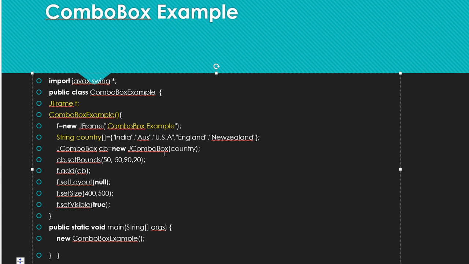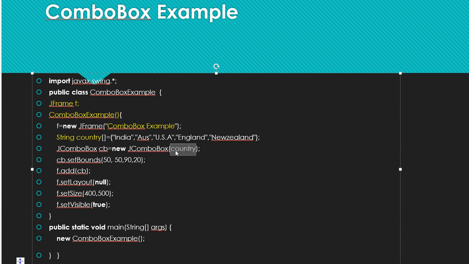Okay, fine. Now next I want to create a combo box. What combo box can we create? JComboBox cb. cb is the object of JComboBox. new JComboBox, and the name passed is country. What is country? Country is nothing but an array of strings.